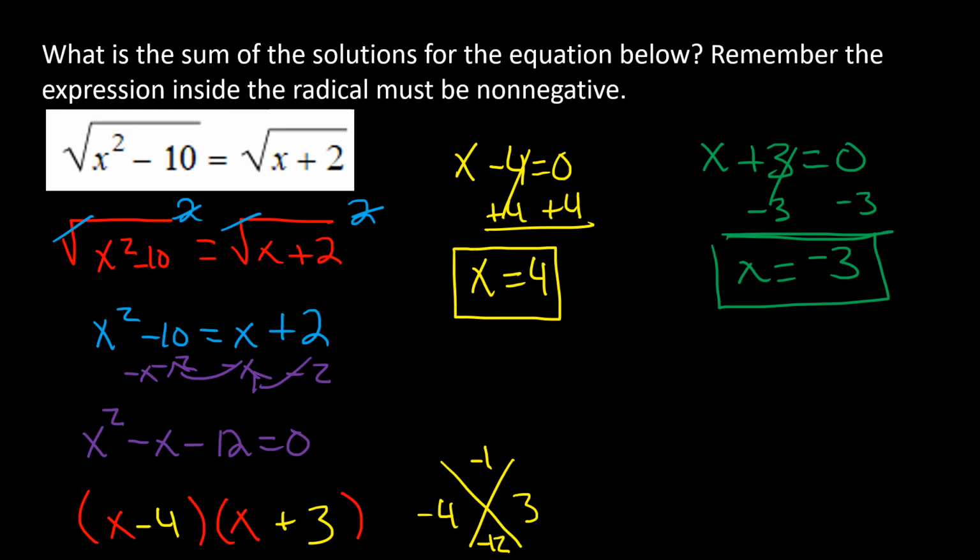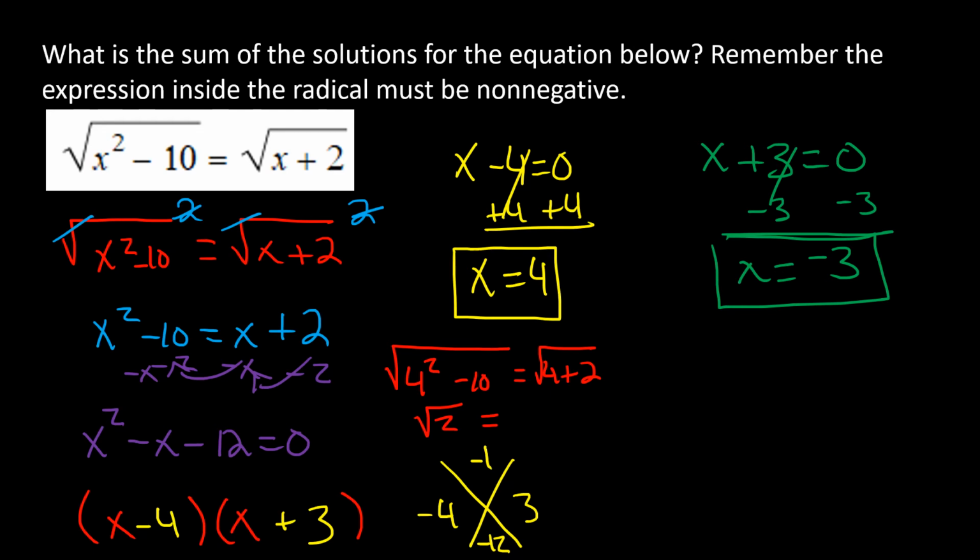We need to remember with square roots, we can have what are known as extraneous solutions. Again, we can have extraneous solutions. What I mean by that is when we put these values into the original equation, we might get wrong answers. So let's go ahead and prove that real quick to check our extraneous solutions. We're going to say the square root, then I'm going to plug in that 4 for x equals the square root of 4 plus 2. Well, 4 squared is 12. 12 minus 10 is 2. So square root of 2 equals,